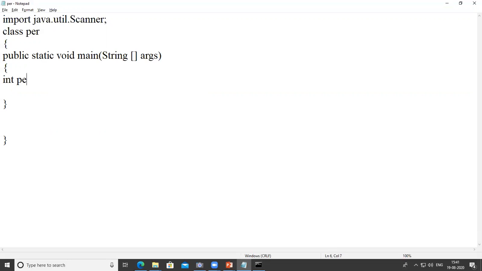Okay, then we get the percentage from the user, so int per. I give a message to the user: System.out.println, and write here "Enter your percentage". So read that percentage and store it in a variable per.